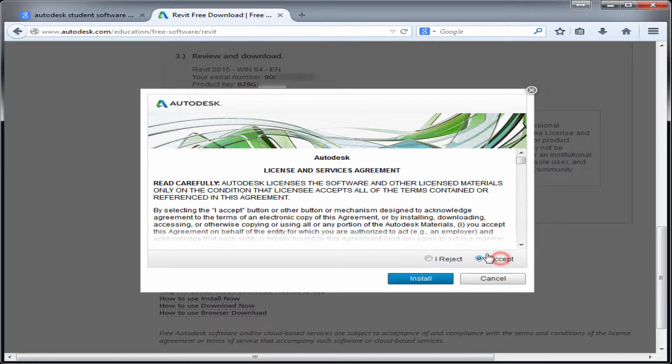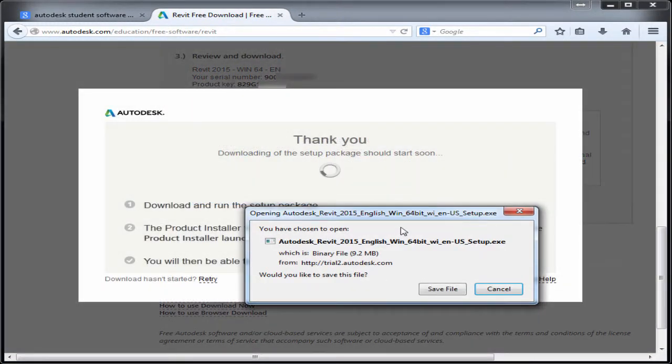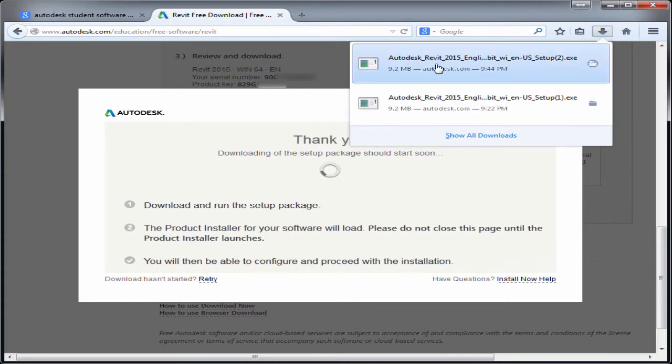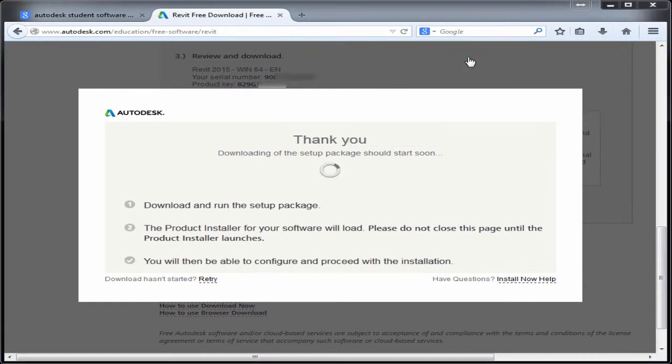You'll need to select I accept and read through all of these license and service agreements and install. You should see something about opening an Autodesk Revit 2015 executable exe file, and you'll want to go ahead and save that file. Depending on your web browser, the options and how you open that download may be a little bit different, but once it is done downloading, you should be able to find that from your drop-down list. Go ahead and select the file,